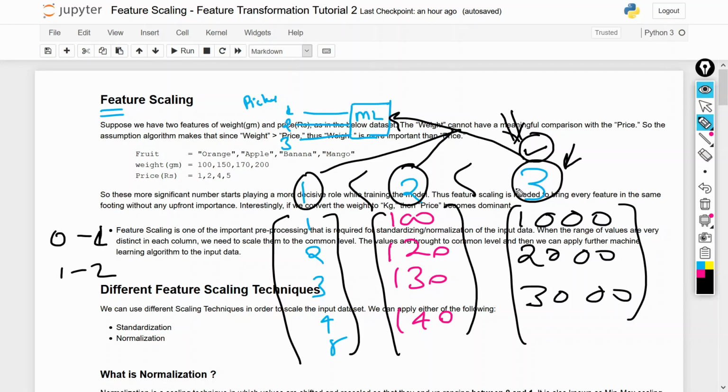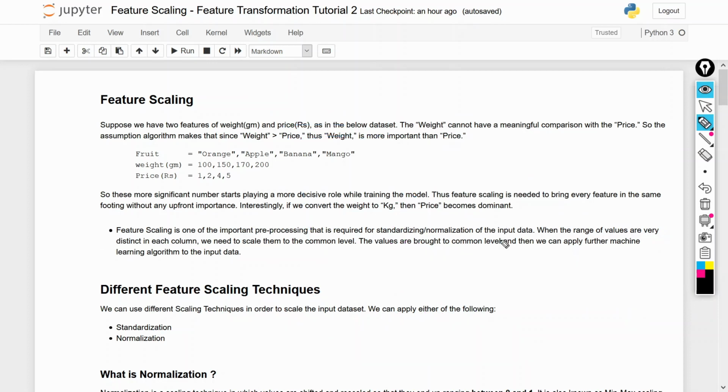Because as a human, if you see this particular example, I use weight and price, 2 features. As a human, we can see that there is no difference. If I create a model, I will give importance to both features, because we are human and can understand that both are required. But the machine will not understand, because a machine only understands numbers. So the machine will give more weightage to the weight as compared to the price, and our model will be biased